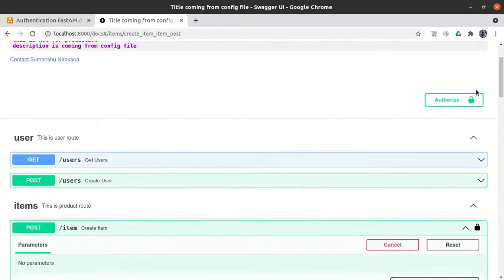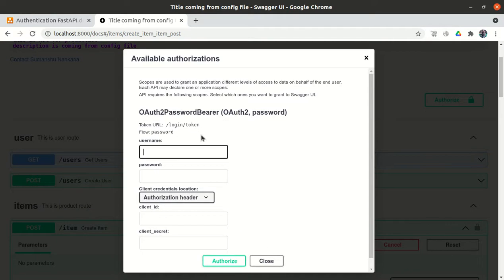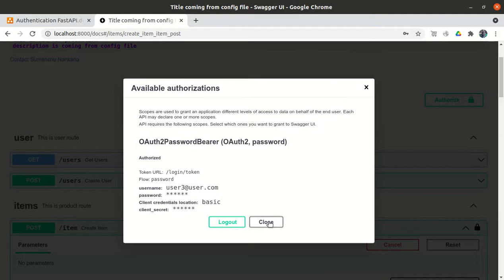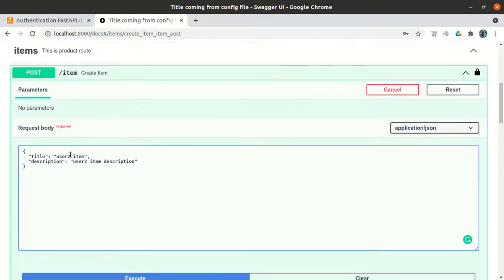Let me log off and log in with user3. So I am authenticated. Now try to create the item, user3 item description.